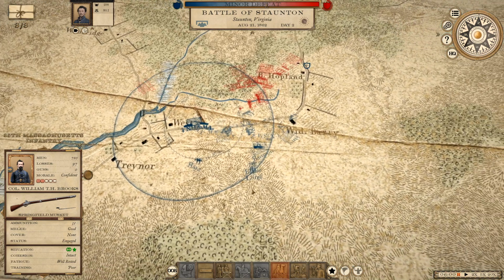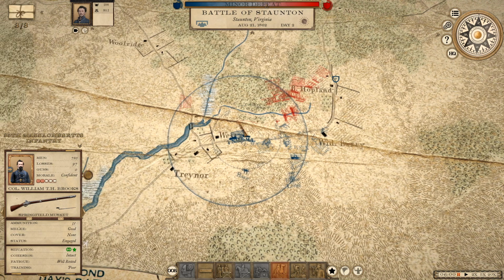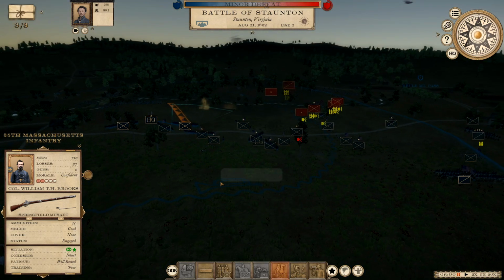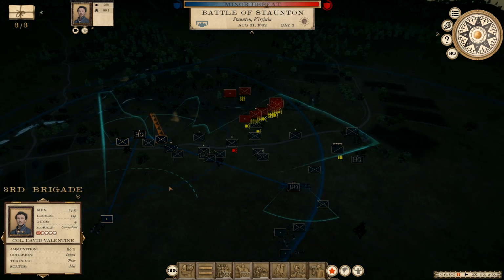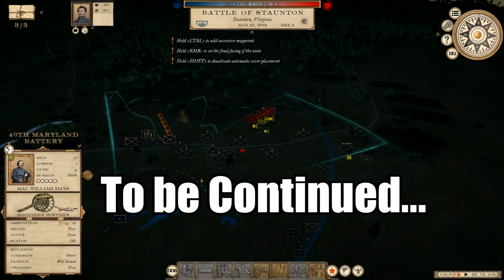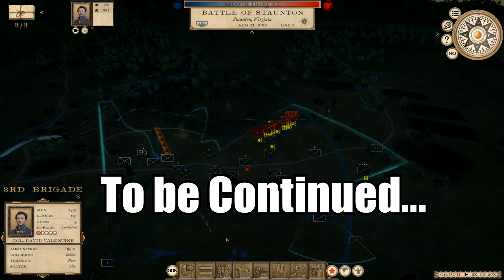Alright, where are we going to deploy here? So they, looks like, are going to retake that objective. I can only deploy within this circle. So, where am I going to deploy at? Let's see. I think I'll leave my guns up here. I guess I don't get to tell my guys where to deploy. Guess not. Okay, well,